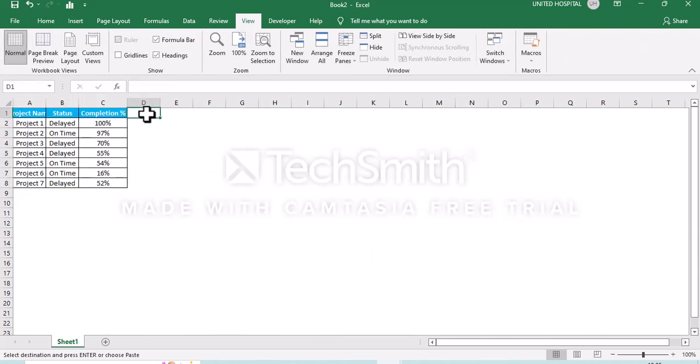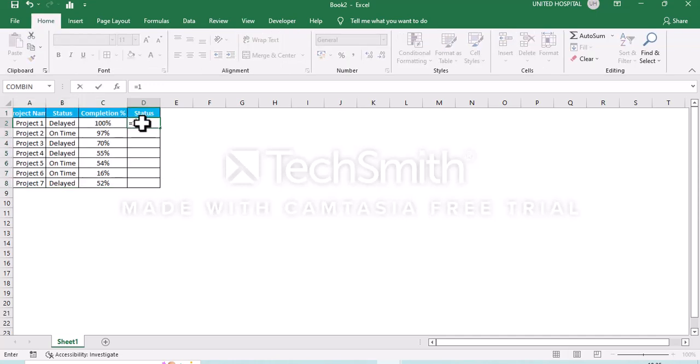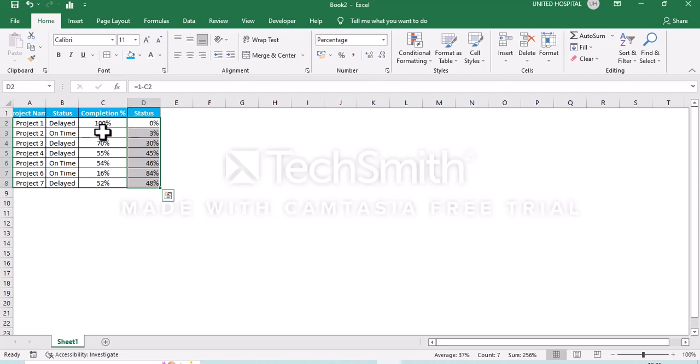Here I'll add a status. Now what I'll do, I'll use 1 minus this percentage and I'll create the percentage of status over here. And now I'll format this by using the format painter option. What we will do is convert this to a bar chart. For that, I'm selecting the area and